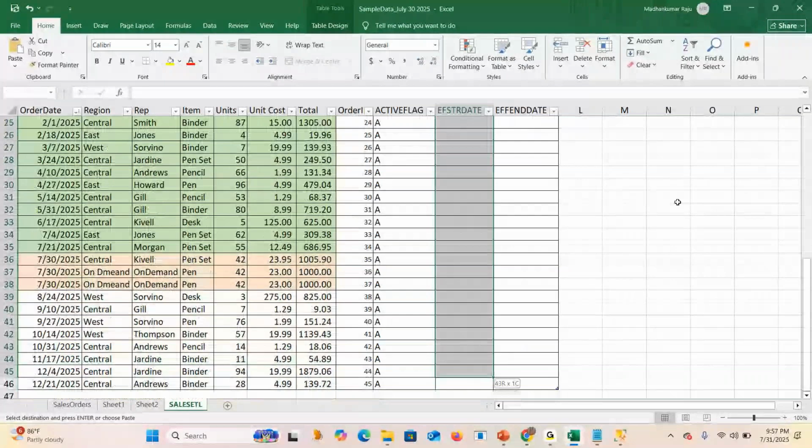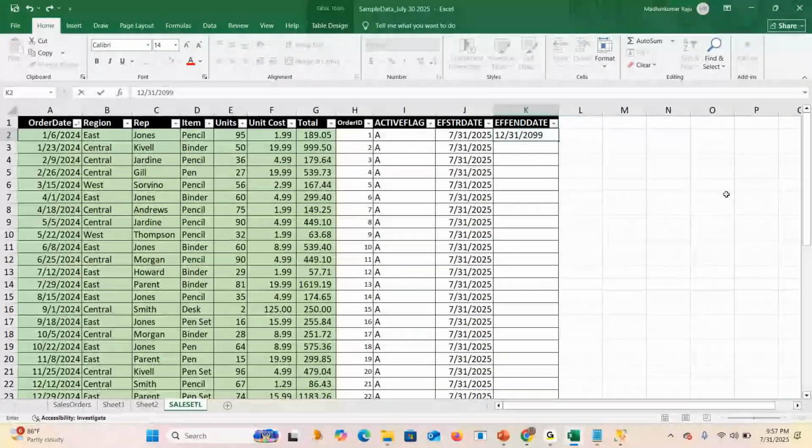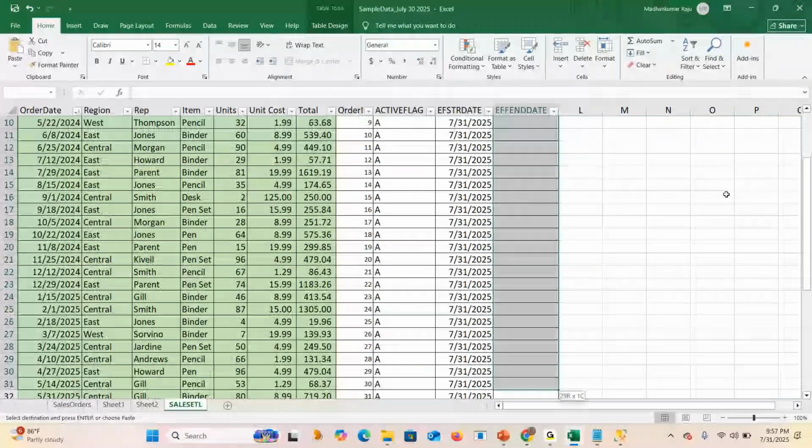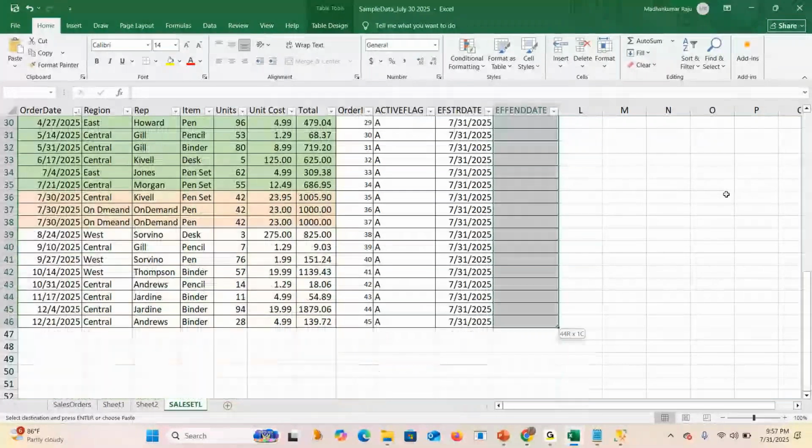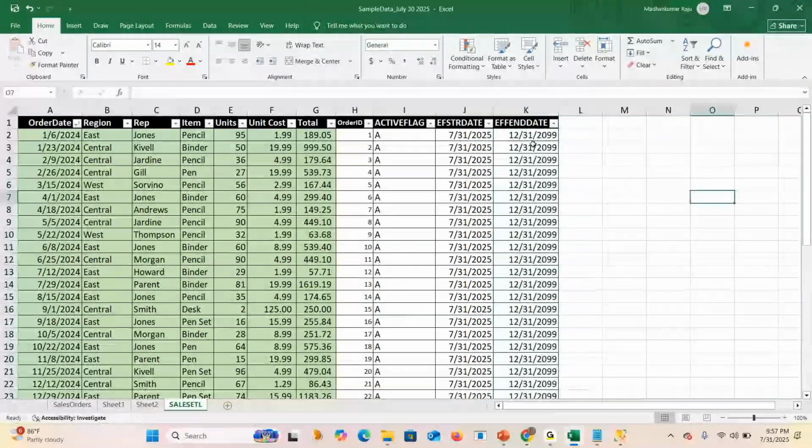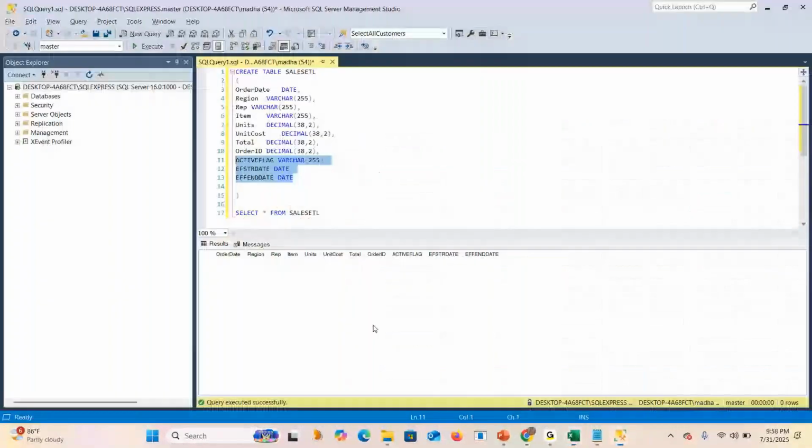The effective end date will be 12/31/2099. Some future date will be provided. We are in 2025, so I'm adding 2099 here. So this is what the data looks like whenever we do the fresh load. This is the add scenario. Whenever you are adding the data, this is what happens. Okay, guys, you're understanding? It's very important, guys.